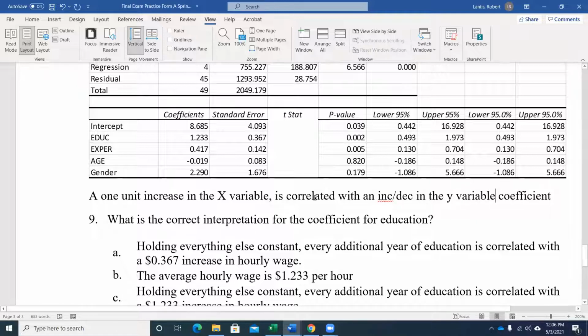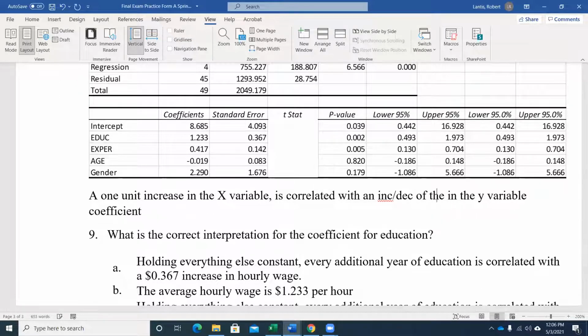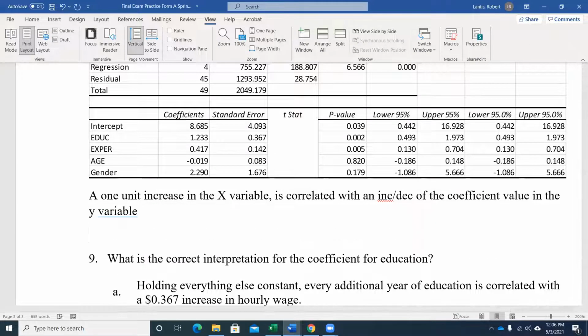So how do I say this? It's correlated with an increase or decrease of the coefficient value in the Y variable. So, for this one, if we're just thinking, how do we use that general interpretation to match to an example? Well,